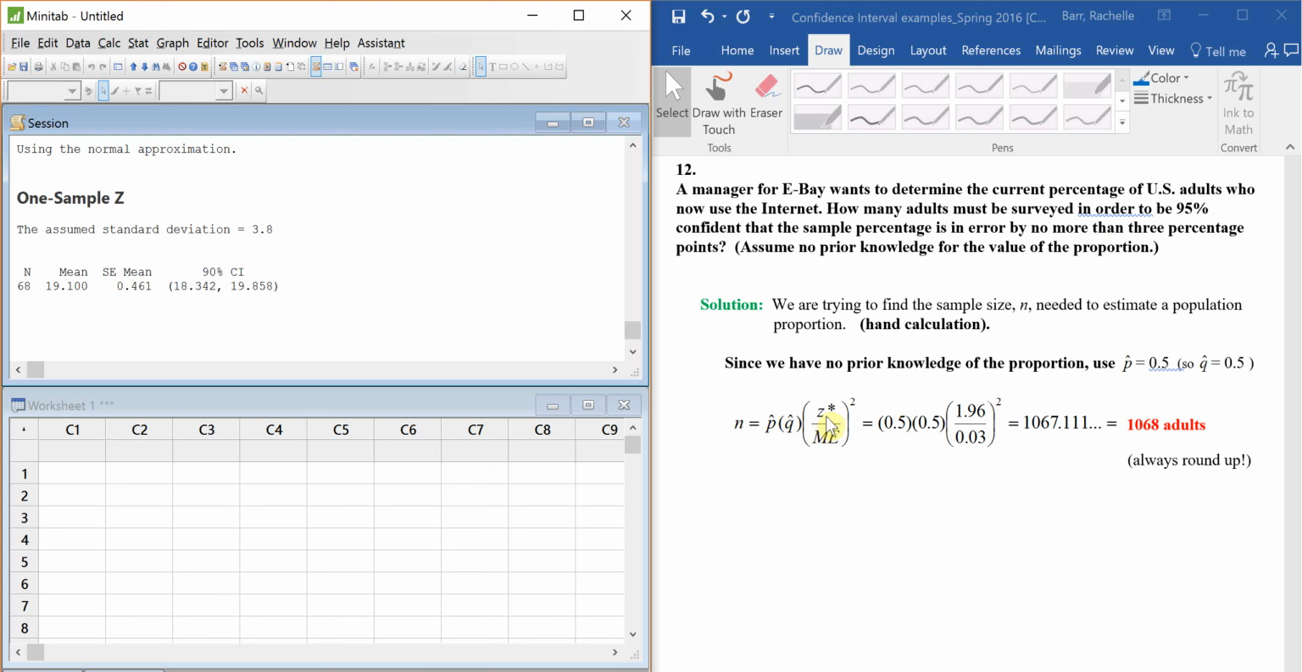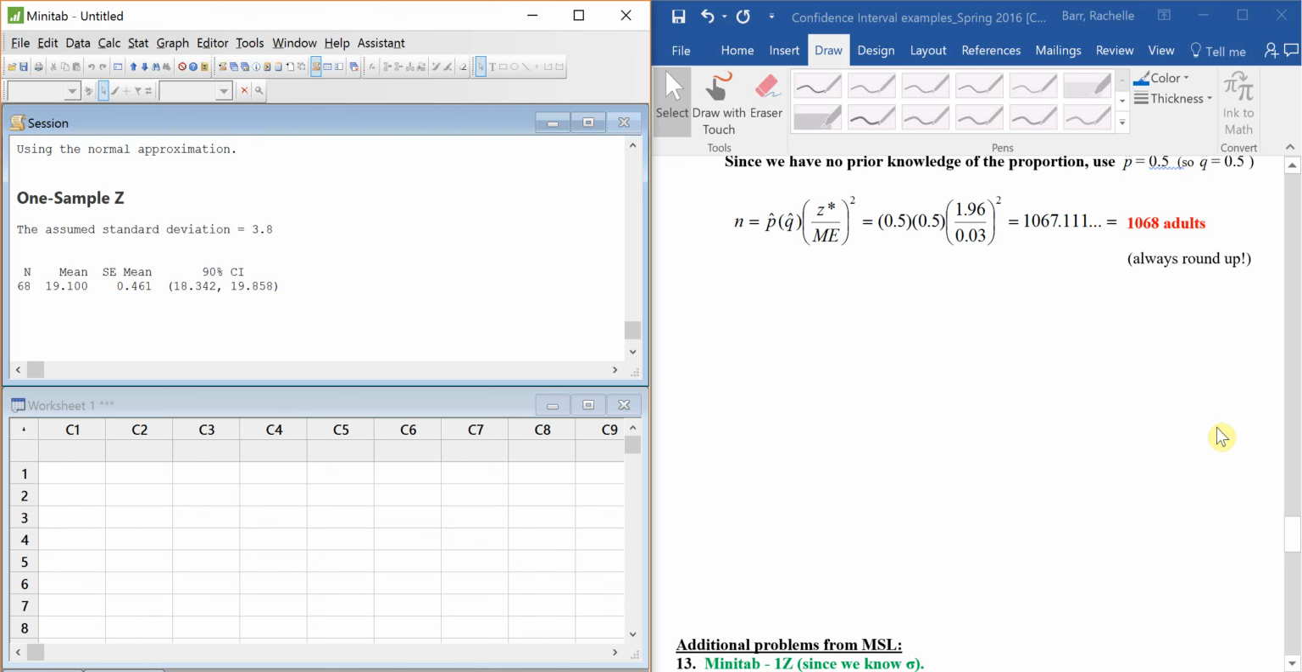So P times Q times your z divided by your margin of error squared. Remember, do this calculation first, then multiply, because that guarantees that you won't have any screw-ups. And remember, always round this up. Don't forget that. So if you're wondering why 0.5,